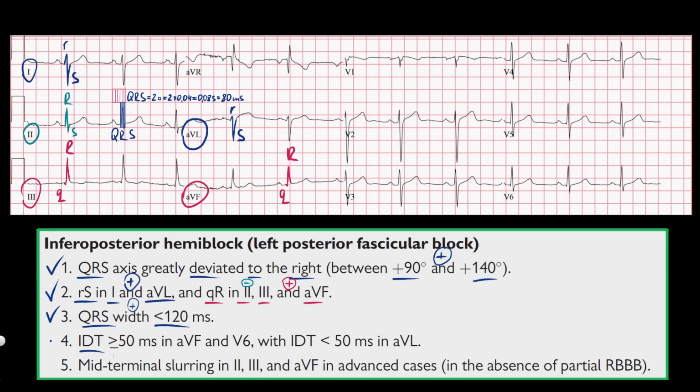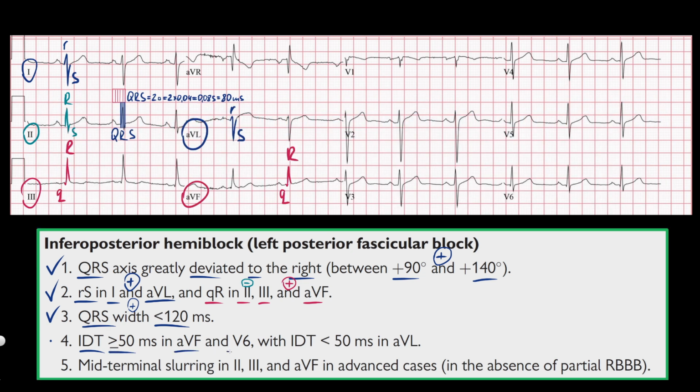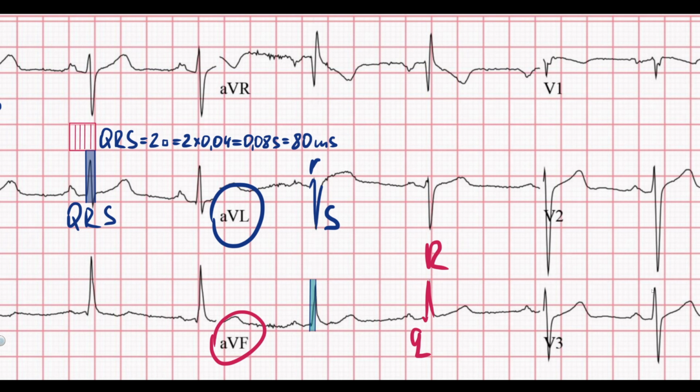The next step is intrinsicoid deflection time measurement. Intrinsicoid deflection time is the time from the onset of the QRS complex to the peak of the R wave. So in AVF and V6, it should be greater than 50 milliseconds, unlike AVL, where it should be less than 50. As a result, in AVF, intrinsicoid deflection time is slightly more than one small box, and